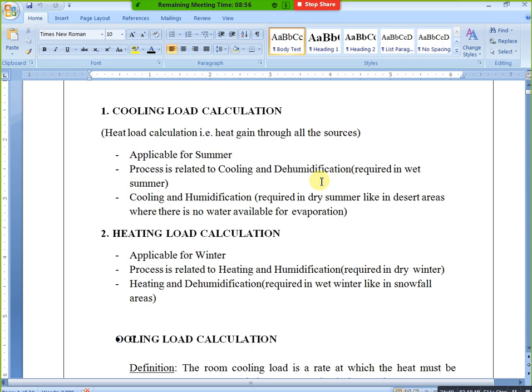For example, take a summer condition. We have high moisture content in the air. Our air directly contacts our body, our skin. Automatically convection mode and dew points occur, and in that condition you will get sweat easily.